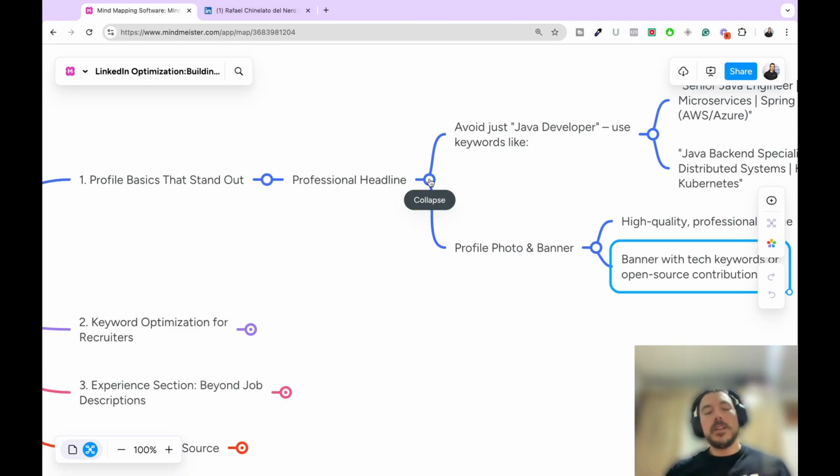So where can you find a professional photographer? I'm pretty sure that you can find a professional photographer close to your house, right? You can go to Google, ask the photographer to take a picture of you smiling, and that will increase your chances to get a nice job.